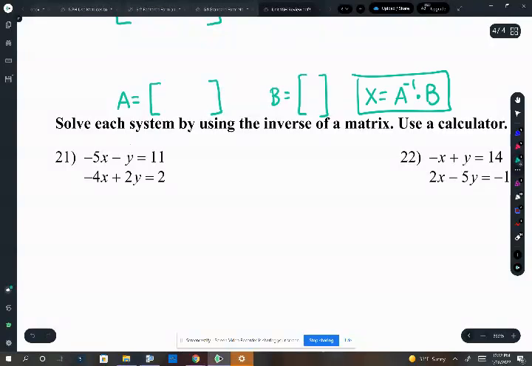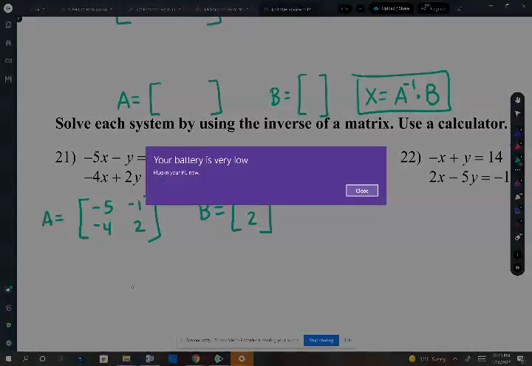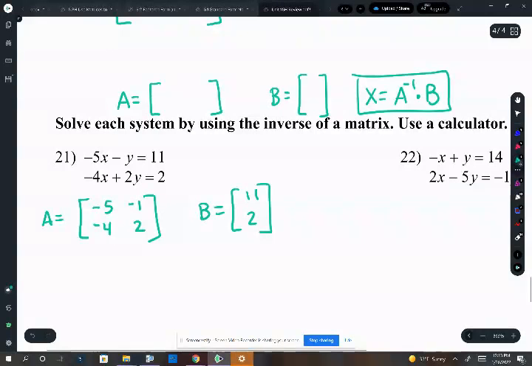All right. So as we do this, I would like to see on your paper what our matrices are. So A is going to be negative 5, negative 4, negative 1, 2. And then matrix B is the solution matrix, which is 11 and 2. And then our answer, because you have two variables, our answer